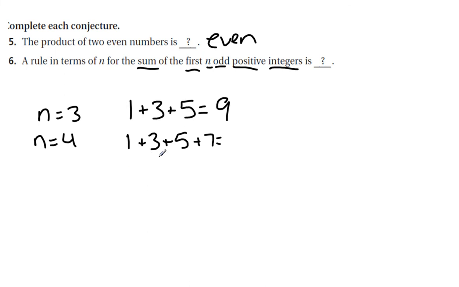So 1 plus 3 plus 5 plus 7, well this is 9. 9 plus 7 is 16. So we have 9 and 16. It's not telling us a whole bunch. So if we go to the next one,